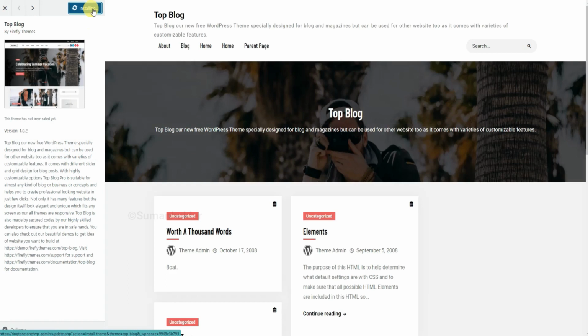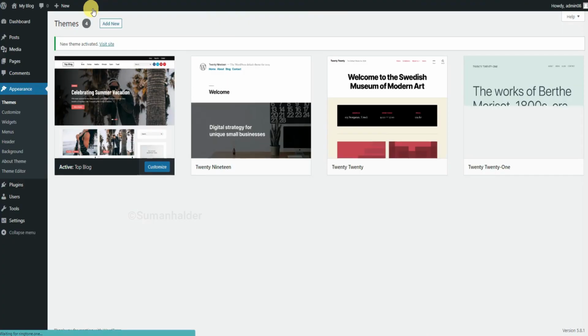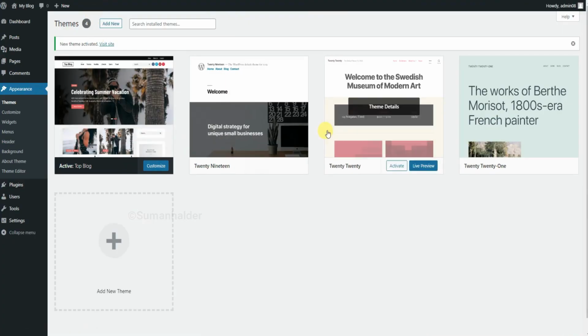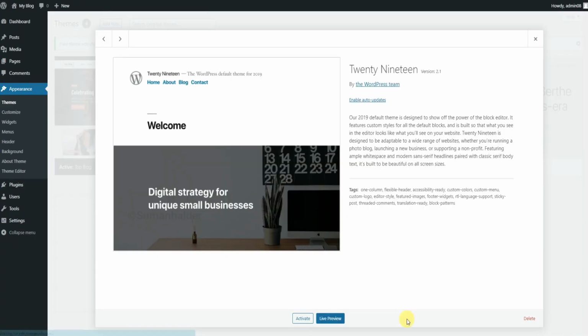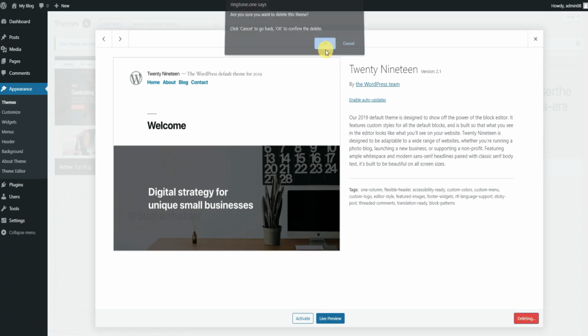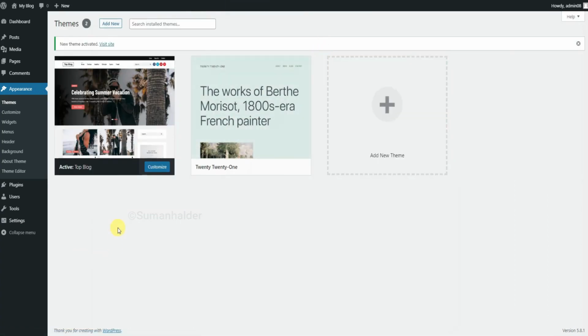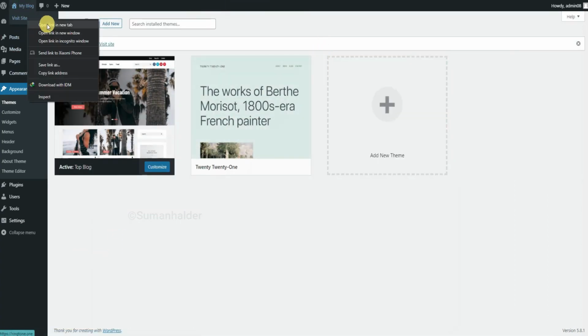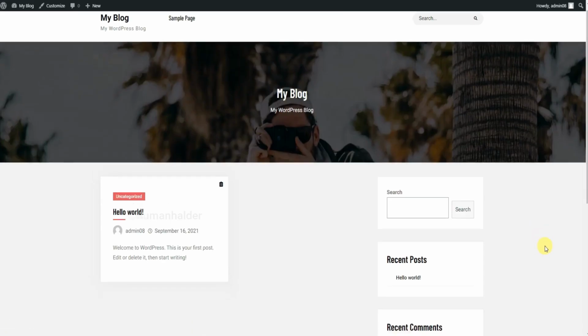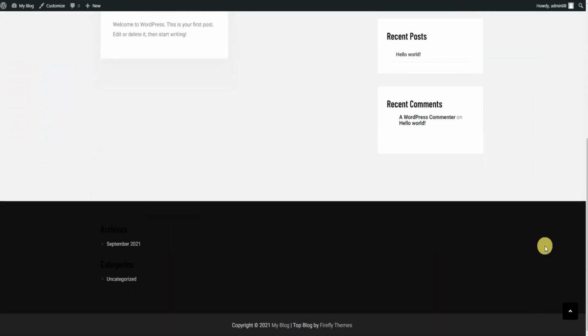So click the install button and activate. So the theme is installed. Now we need to delete the other themes. You can see here the theme has changed.